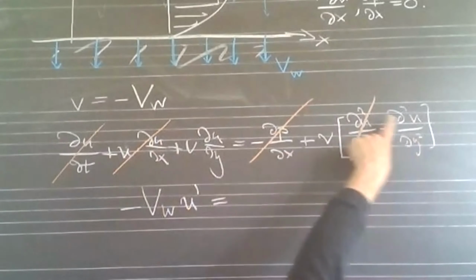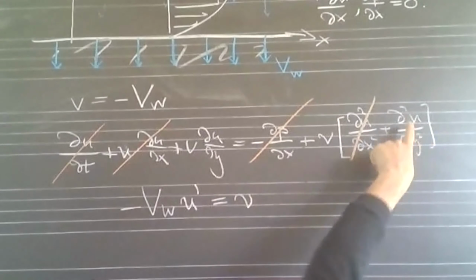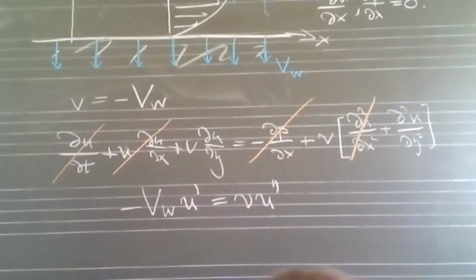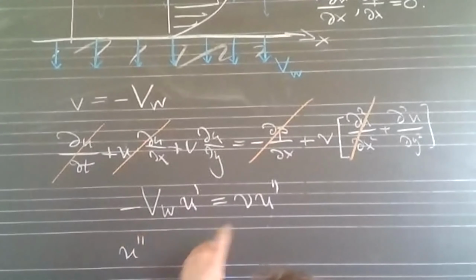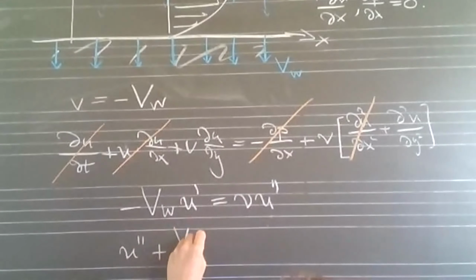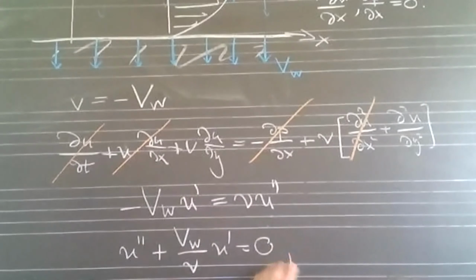And on the right-hand side, we only have a nu for the viscosity, and the second derivative, that's u double prime. Or we can also write this like that, u double prime, I bring this to the same side, plus VW over nu, u prime equals 0, subject to the boundary condition,